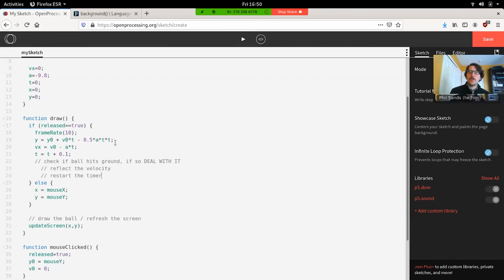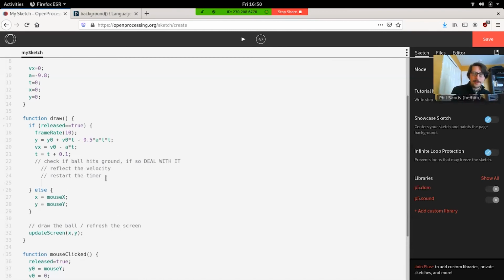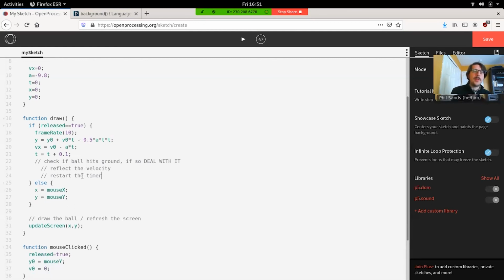So let's make sure that we're restarting the timer. And again, as you get more comfortable with this, you can maybe take the program to the next level. But let's go with the simple solution first. And then lastly, well, no, let's not do anything else just yet. Okay, but let's write this